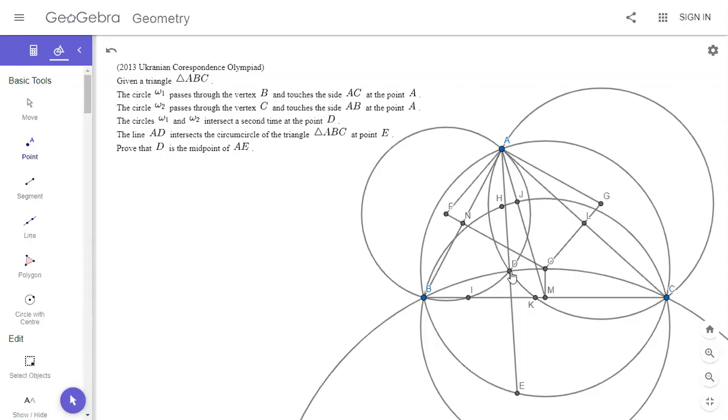We already know ANOL is cyclic. Right, we know ANOL is cyclic. If we can show D also lies on that, that would solve the problem. And maybe that's like the,